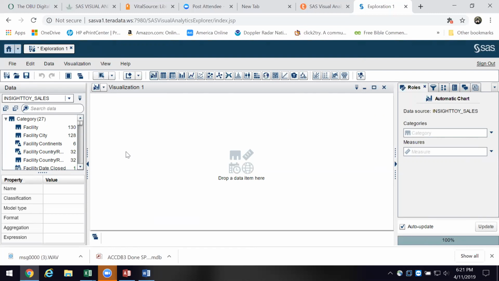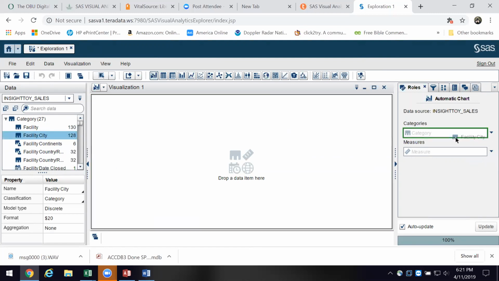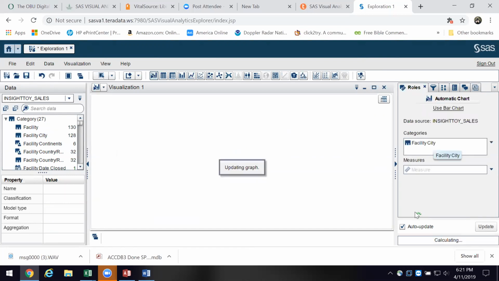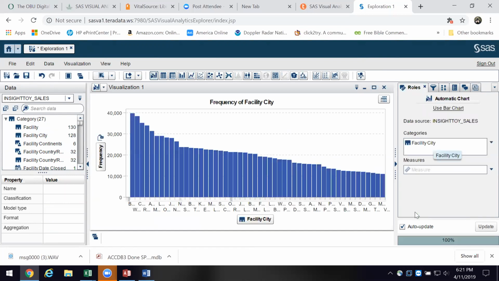Here's the deal. If you look at the left, you're going to see these categories, or dimensions like we've talked about before, and then you're also going to see some facts or data. In terms of categories, I'm going to start with the facility cities. And this is the frequency of them. Now if I want to measure,